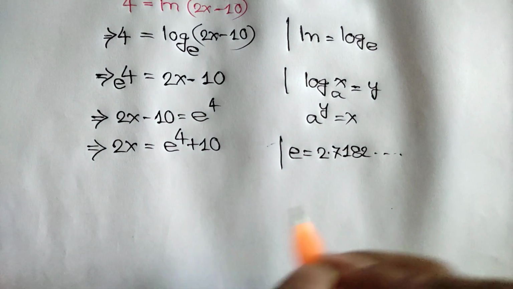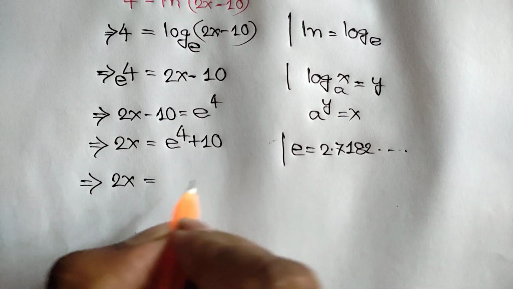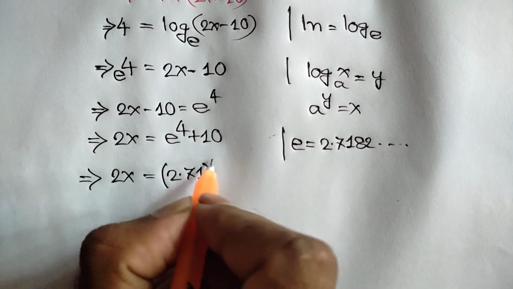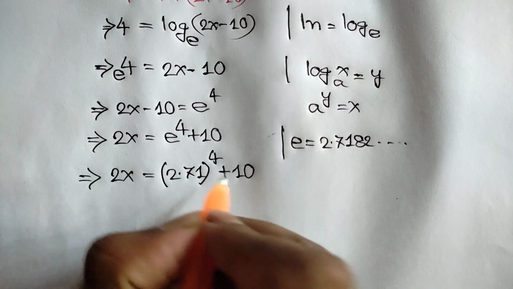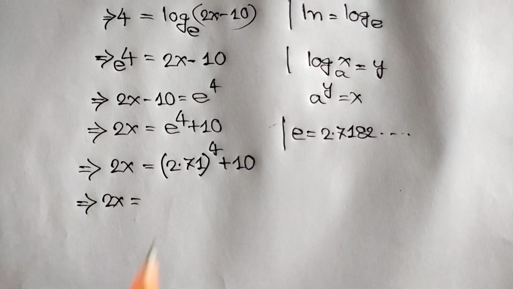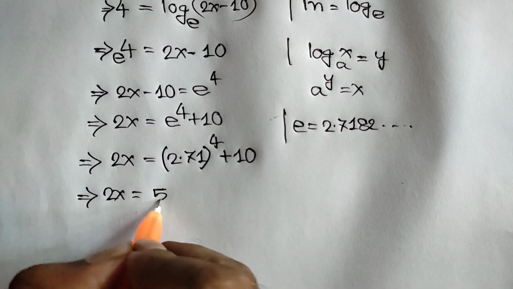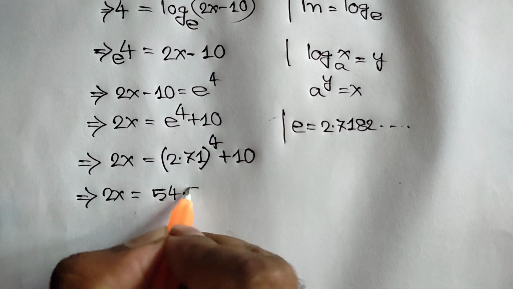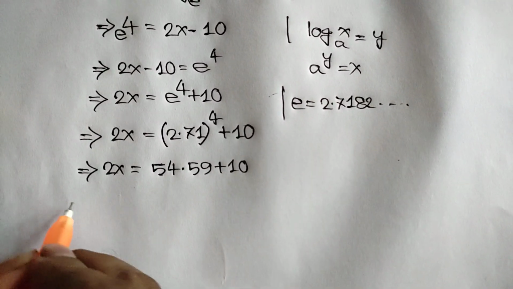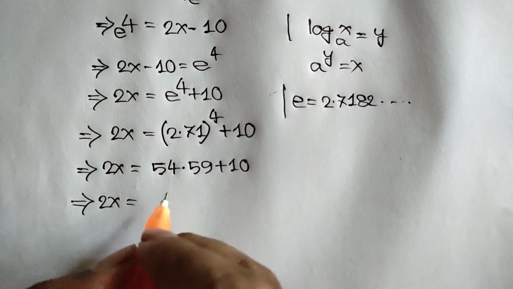2.7182 and something. So we can write here 2x is equal to e, that means 2.71 whole to the power 4 plus 10, or 2x is equal to 2.71 whole to the power 4, that means 54.59 plus 10, or 2x is equal to, adding this we can write here